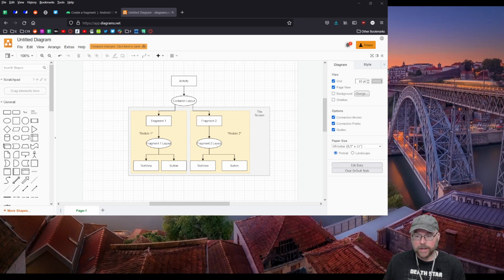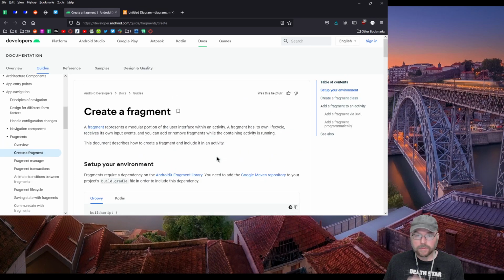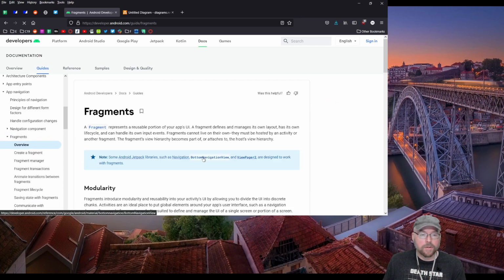But I'll make sure to pause so you can see the screen full of code, and when I need to explain stuff, I'll be sure to include the explanations for you. Anyway, let's take a look at fragments. If we go to the overview from the Android developer's website, you'll see that a